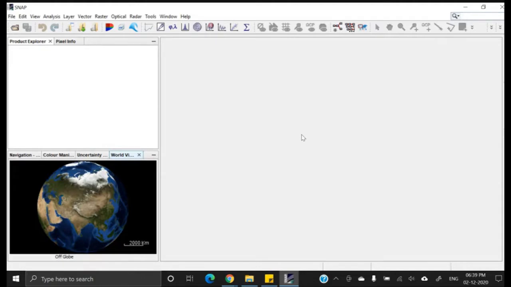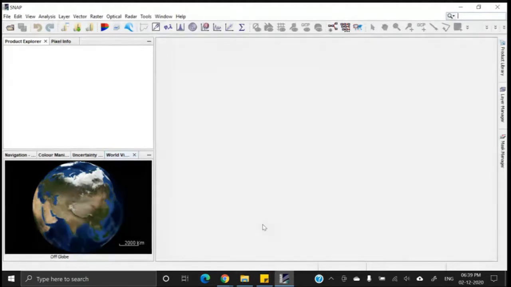Later, because of the popularity of this software, it started supporting the other SAR data as well as optical data. And now the Snap software supports most of all radar data, satellite-based radar systems, and also the optical systems. And this software is not only developed by the European Space Agency. Several other agencies are also involved in developing this software, the Snap software.